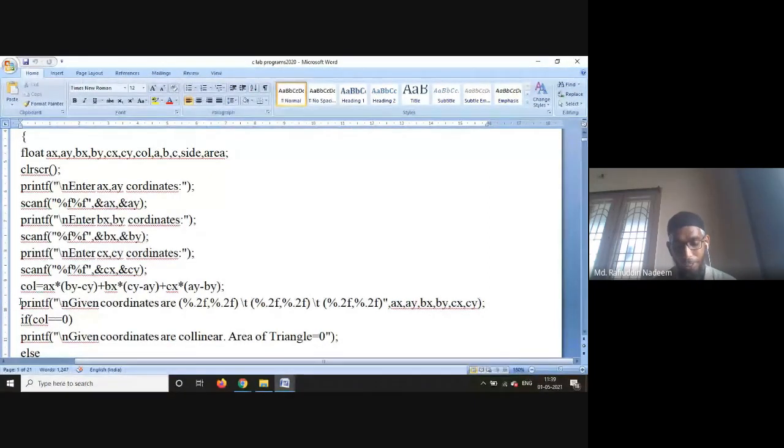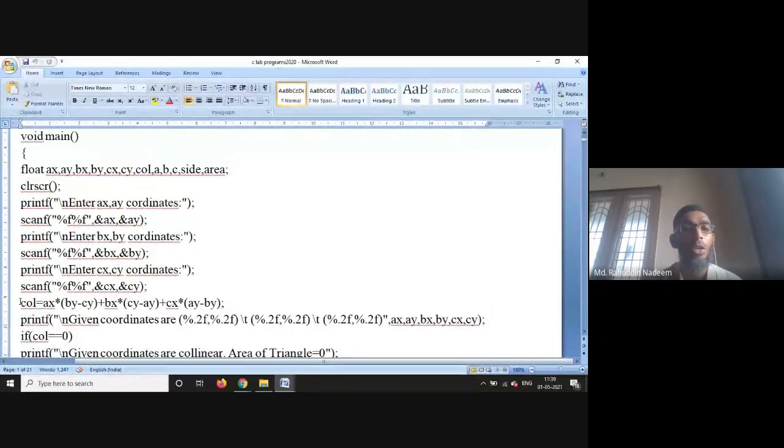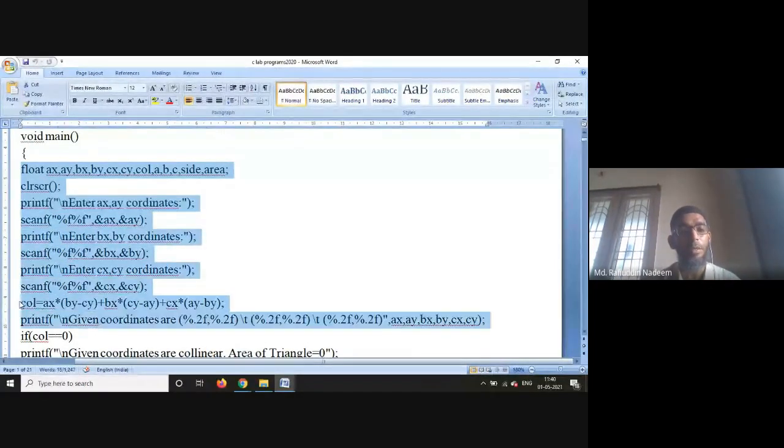The question given to us is: a C program to read XY coordinates of 3 points and then calculate the area of the triangle formed by them, and print the coordinates of the 3 points and the area of the triangle. What is the output of the program if the 3 points are in a straight line? So this is the problem statement which is given to us in our syllabus. So as per the problem statement, we have carried out this. Got my point? Thank you, sir.